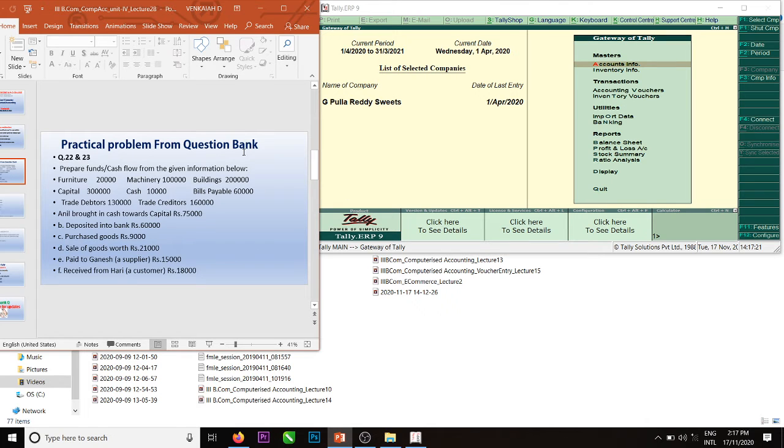From this slide we will create all the ledgers as well as make these transactions.